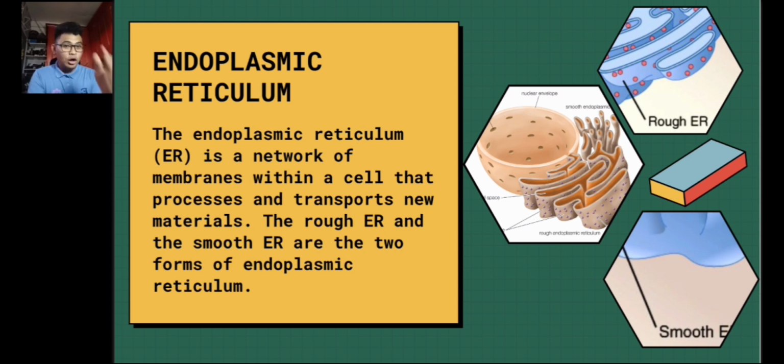The rough ER and the smooth ER are the two forms of endoplasmic reticulum. Always remember, there are two forms of endoplasmic reticulum. One is the smooth ER, and two is the rough ER. Okay? And the ER is made up of the elongated sacs called cisternae